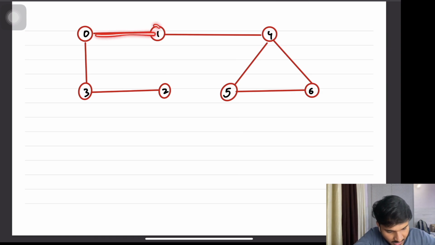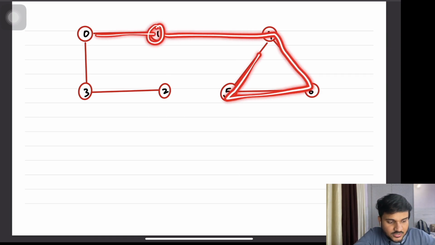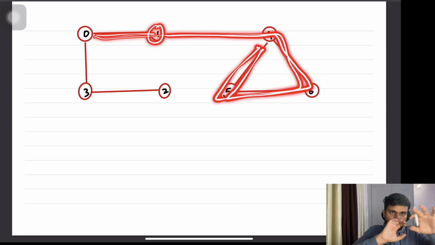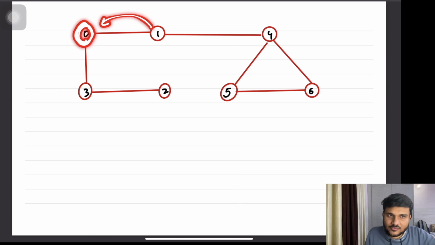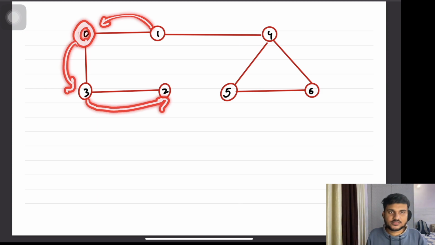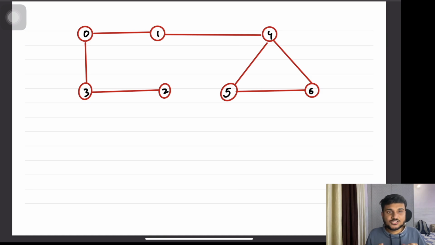So one path can be starting from 1 and this particular thing. This can be one particular path. And as soon as you have explored the whole path, you will come back to the original parent and say, hey, do you have any path left? If yes, then you are going to go and explore the rest of the paths.